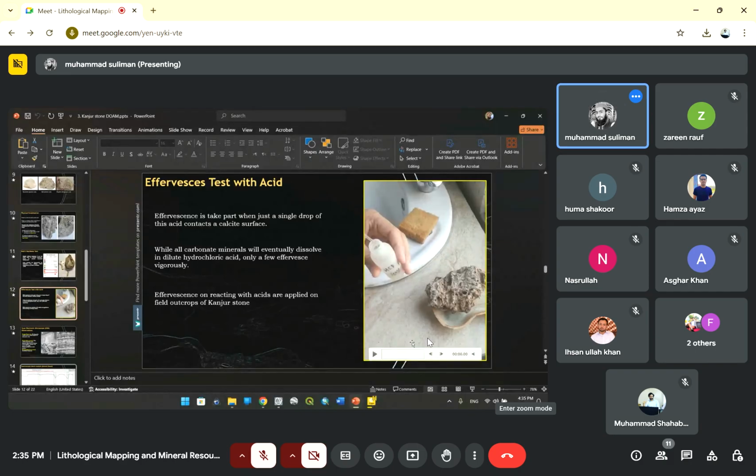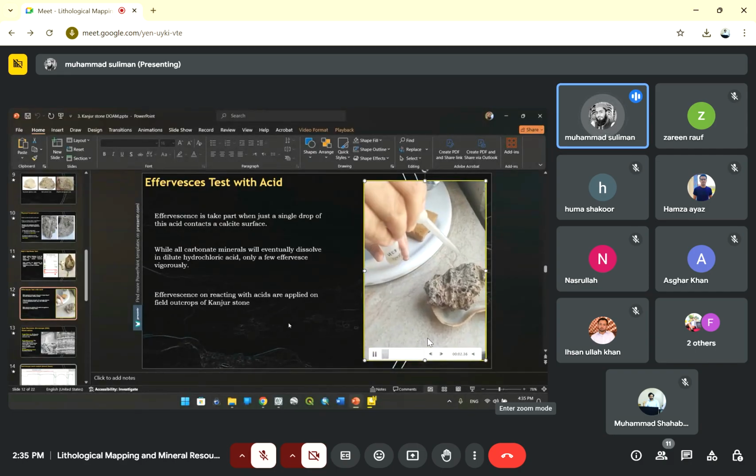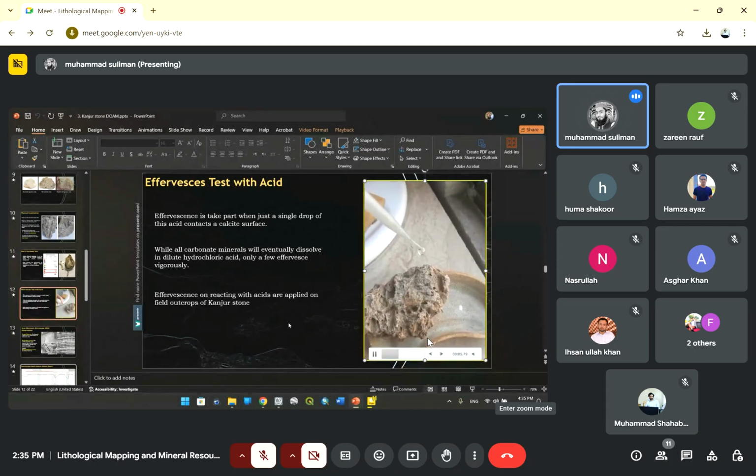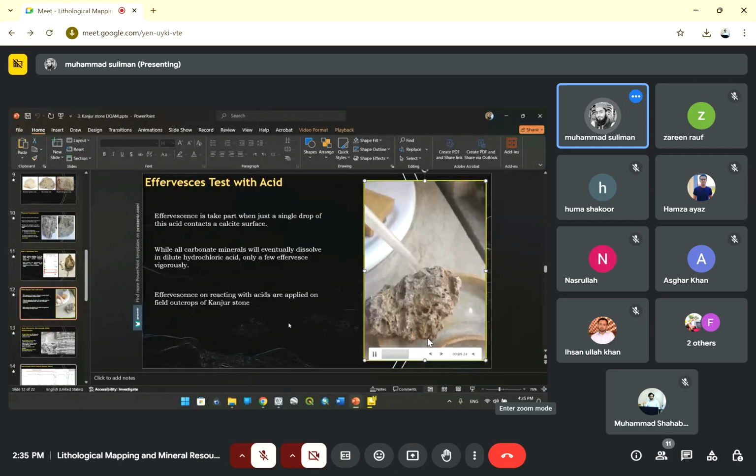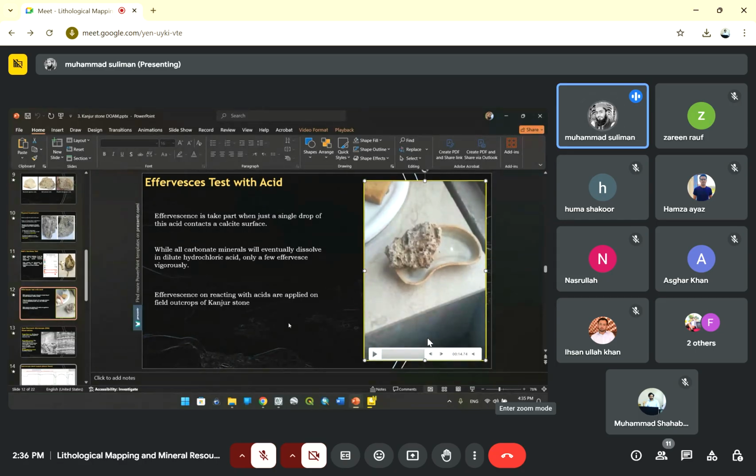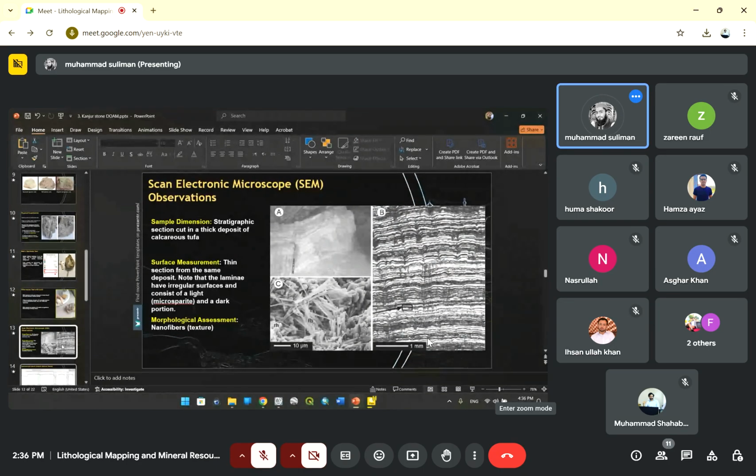The third one is the acid test. When carbonate or some limestone comes into contact with acid, it effervesces on reacting with the acid. So when acid is put on this stone, it makes an effervescence and a reaction with this stone. So it also confirms that it belongs to a sedimentary rock, and also the presence of calcite. Then the scanning electron microscope test, called SEM, on a thin section from the same